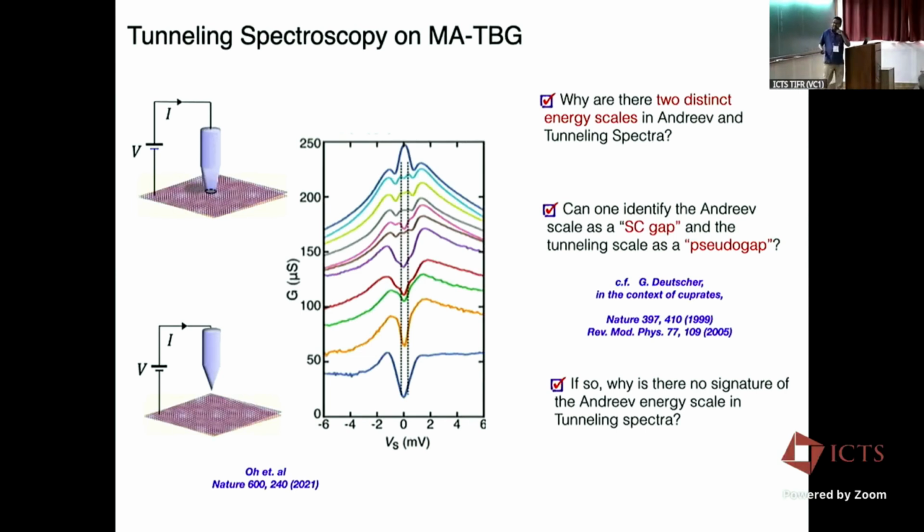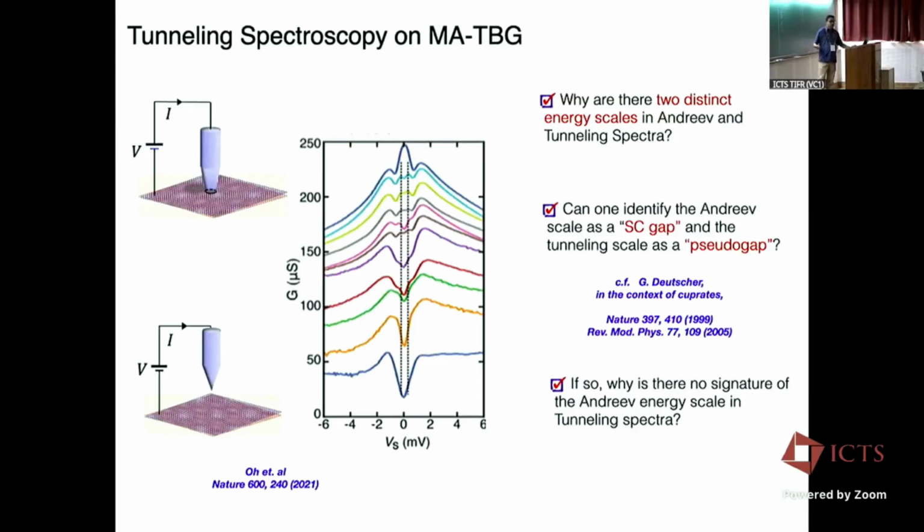And then the third question is, why is this scale going away when I go to the tunneling spectra? The scale just disappears. So normally, if I think of a tunneling spectra in a standard superconductor, I see the superconducting gap in a tunneling spectra. If this is the superconducting scale, then we have this weird thing that when I go to the tunneling limit, I have no evidence of the superconducting scale in my data. Okay, and so this puzzle is what we wanted to look at and try to understand.